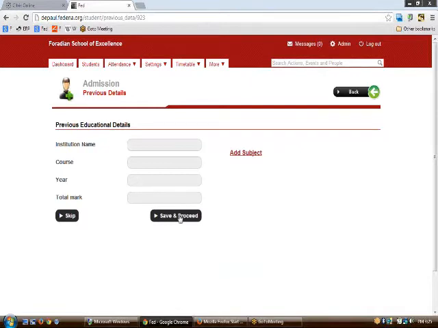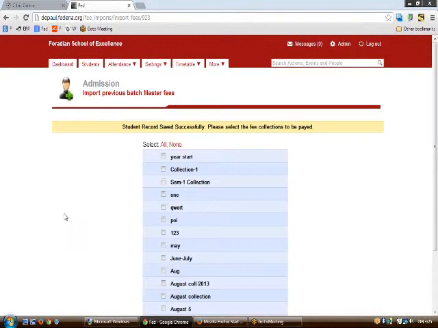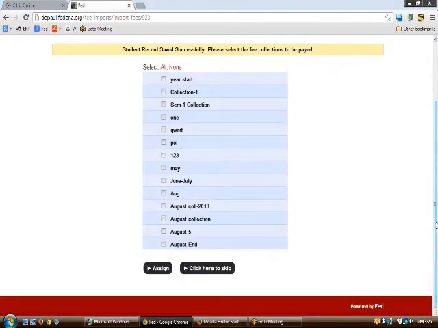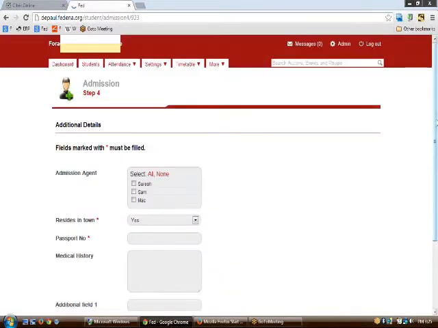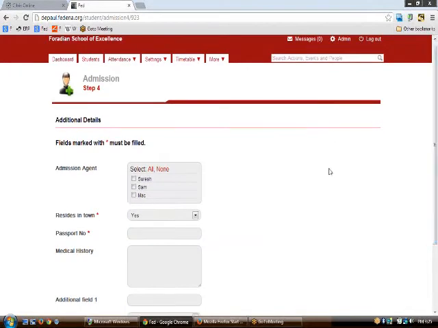Once you have filled the admission details, you can just go and mark which fee collection date is to be entered for this particular student. So you can assign a particular date, or you can also prefer to skip the same. Then the details, as we have already said that additional details are the details where